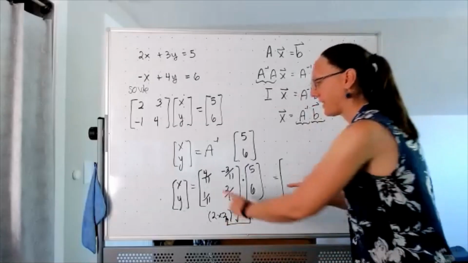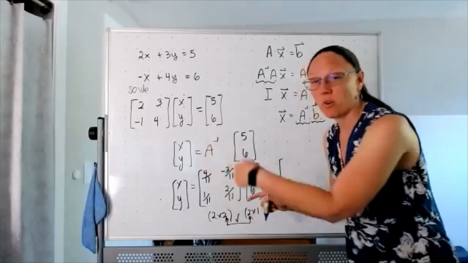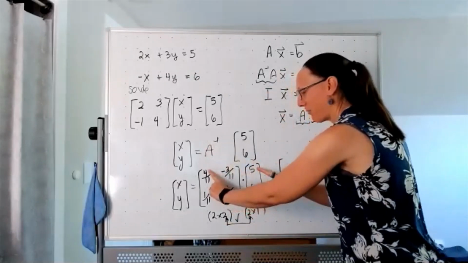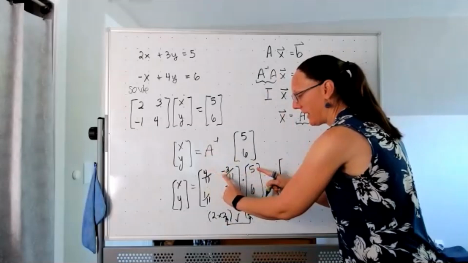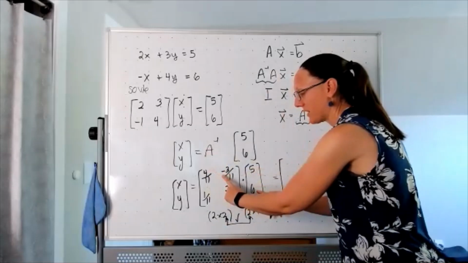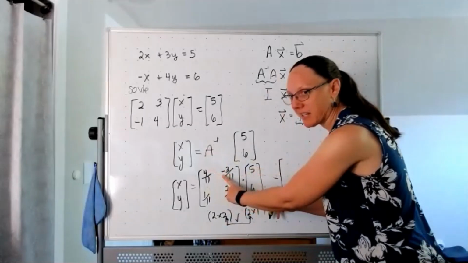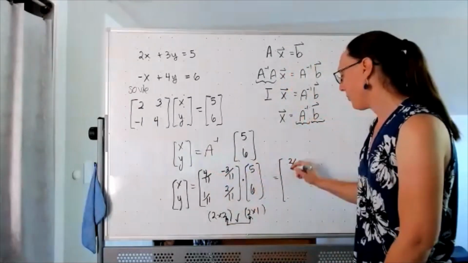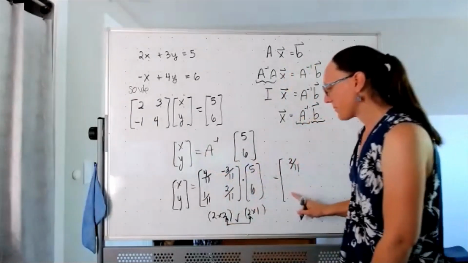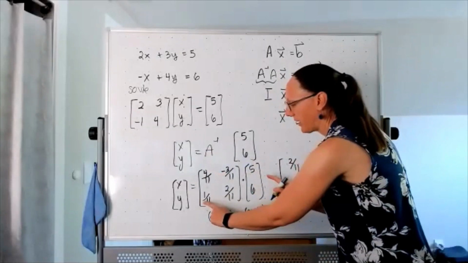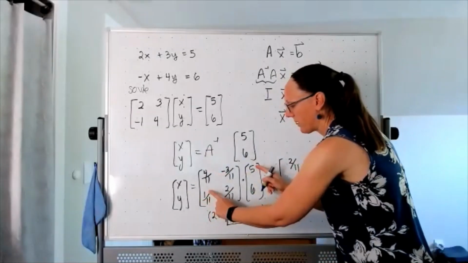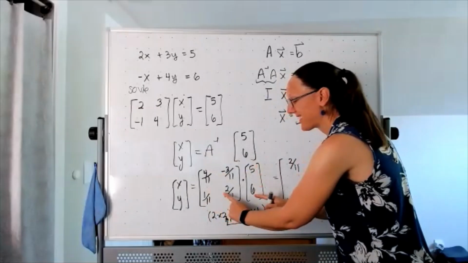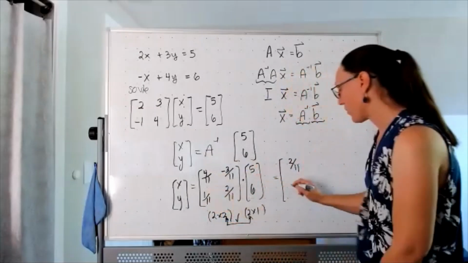So this top piece here, I'm going to ignore the denominators. They're all 11. So I've got 4 times 5, which should be 20. -3 times 6 is -18. So 20 minus 18, I'm going to get 2/11. And for this piece down here, I've got 1 times 5 plus 2 times 6. So 2 times 6, that's 12, plus 5. So I've got